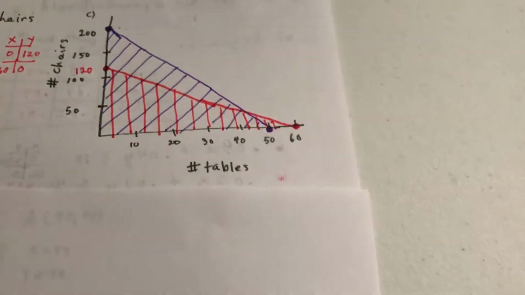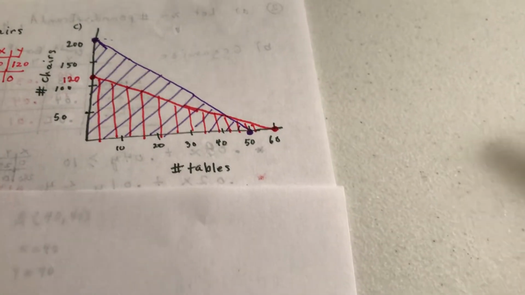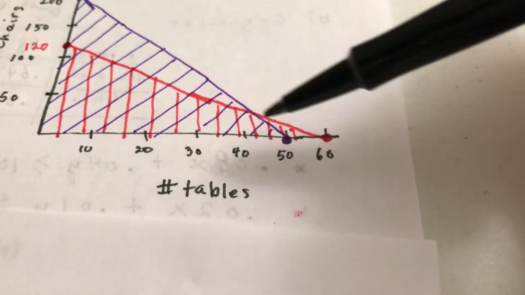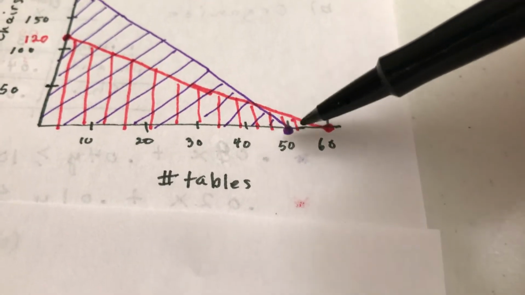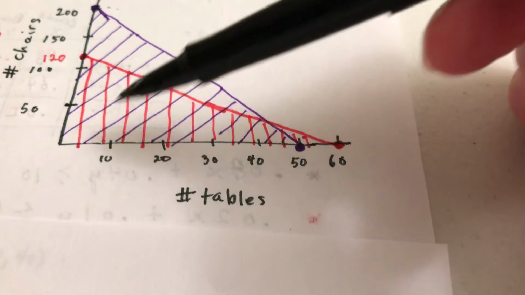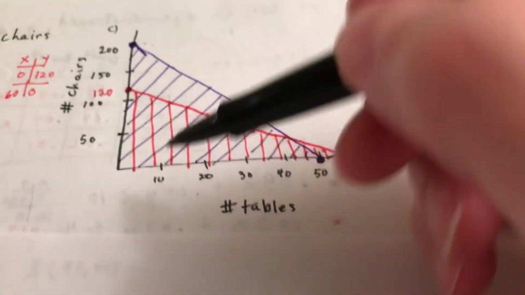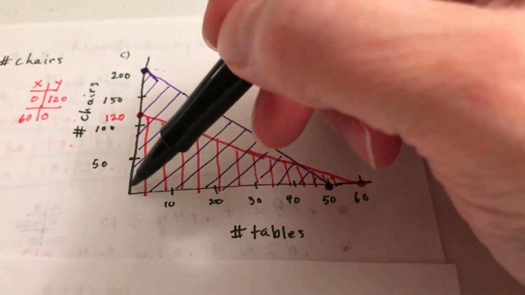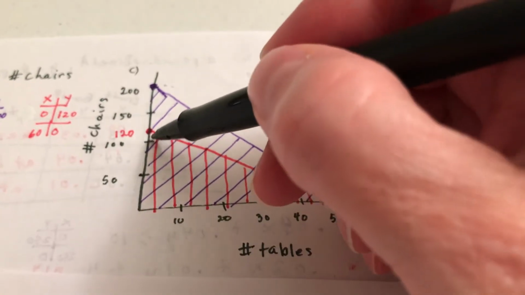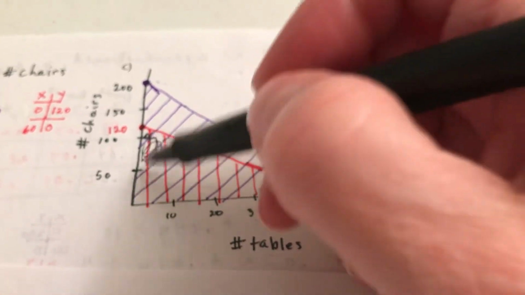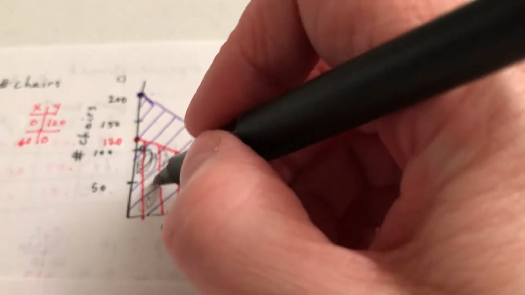All right, so that is totally shaded. Finished. And we're looking for where this overlaps. Now notice that that's just red and that's just purple, but in here you've got the red and the purple overlapping. So I've been doing these in the past where I just want to make it clear